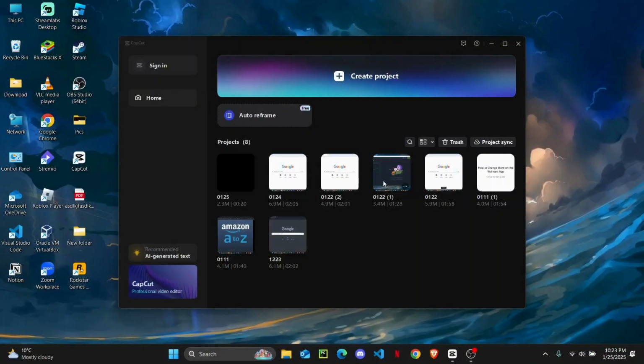What's up everyone, in this tutorial I'm going to show you guys how you can save projects on your CapCut